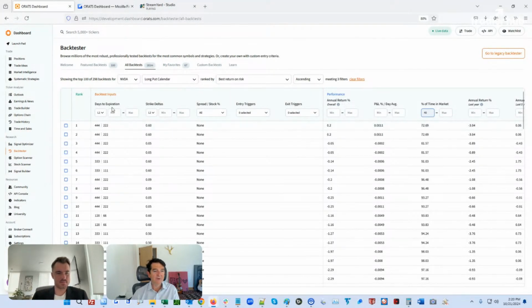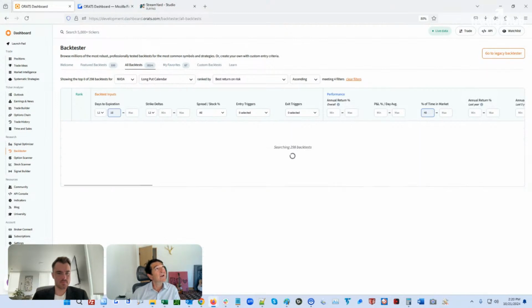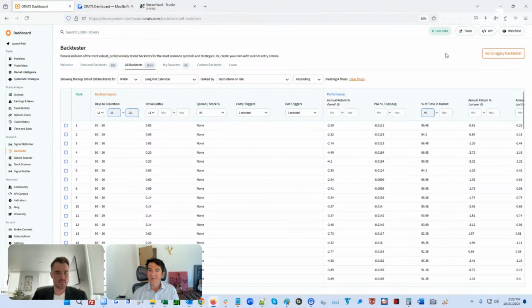Yeah, in general, these are longer term. So we want to do something that's over 10 days, but less than 111 days. And it has to go look through 181 million, so it does take a while. Tyler's talking about the legacy backtester. I think we don't quite have enough time to get into all of that detail. This is showing that generally